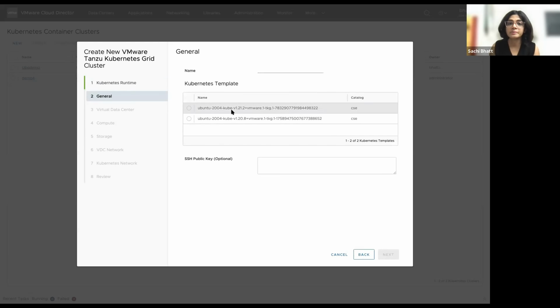So the templates, these are uploaded with the CSE template import command. So you can manually upload all the versions that you would like to offer to your customers. All the TKG supported templates can be used here